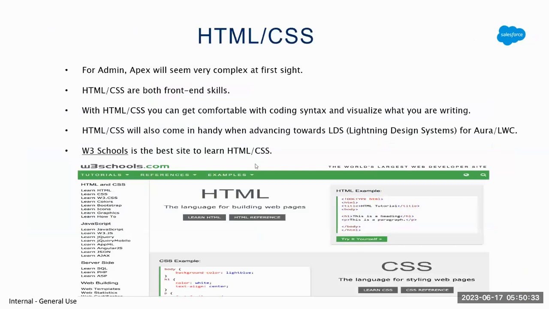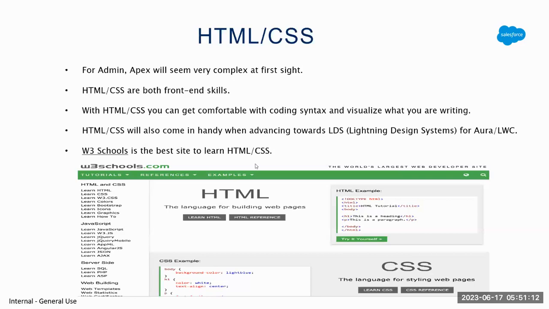Usually if you see the development part, there are many courses on Udemy and all, and they will directly start you with Apex development. What is an Apex? What is an object? What are classes? But I started with HTML and CSS. See, I was a mechanical engineer, so I had never coded in my life. When I first saw Apex, the language was very complex for me. I had no idea, I had not even seen Java. And what are the advantages if you do HTML and CSS?